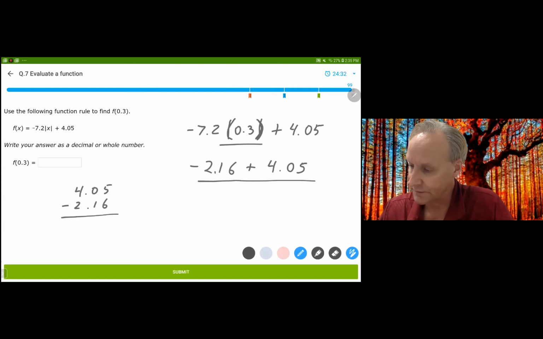And I'm going to go ahead and do the subtraction, and that involves some borrowing. So 4 gets, I have to borrow the 1. That gives me 10 tenths, and I have to borrow the hundredths, and it gives me 10 hundredths. So I have a 9 and an 8 and a 1. Looks like it's going to be 1.89, and that is correct,